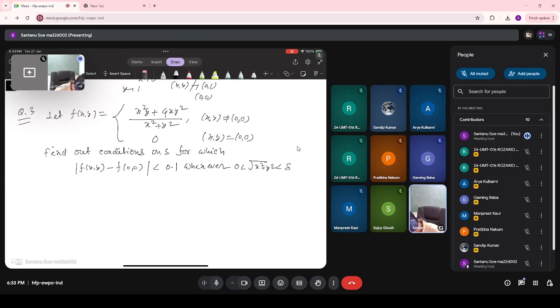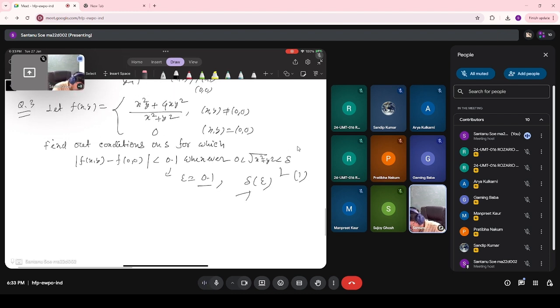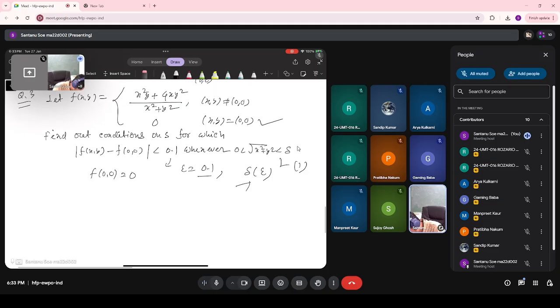Okay, so first of all, they have given us the epsilon, which is 0.1, correct? And they are asking us to find the delta in terms of epsilon. That means we have to find the values of delta for which this relation holds. Now we can substitute the function f(x, y). f(0, 0) is 0 because of this, correct? So now we can substitute f(x, y), which is